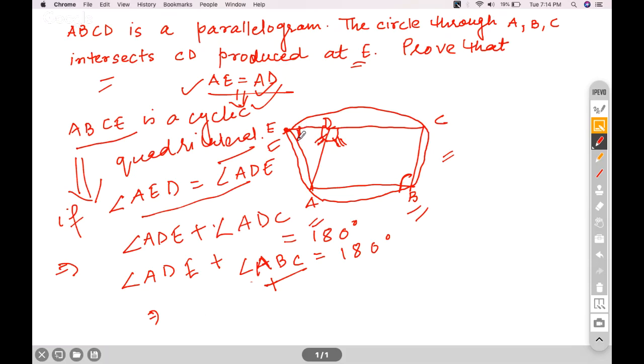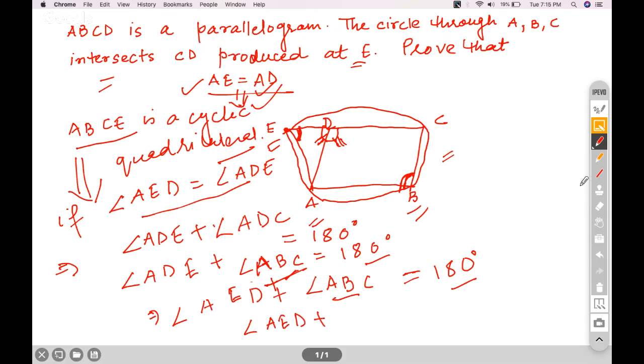Now you understand that in a cyclic quadrilateral, this angle and this angle add to 180 degrees. So I can write that angle AED plus angle ABC is equal to 180 degrees. So see here, ABC is common on the right hand side. So I can say that angle AED is equal to